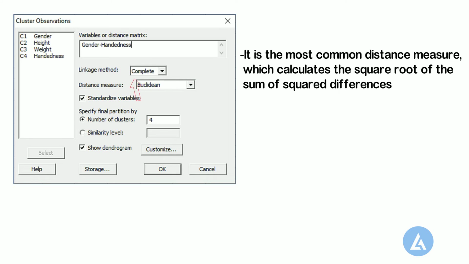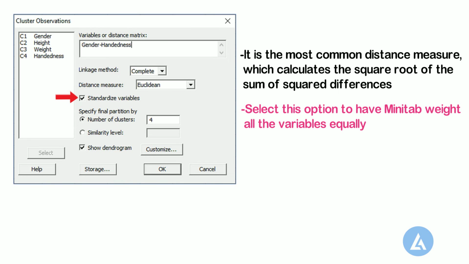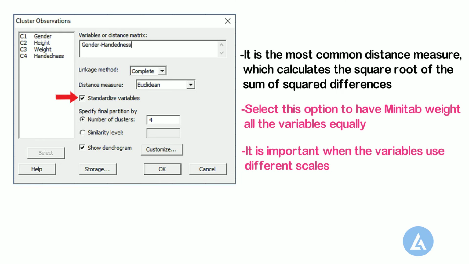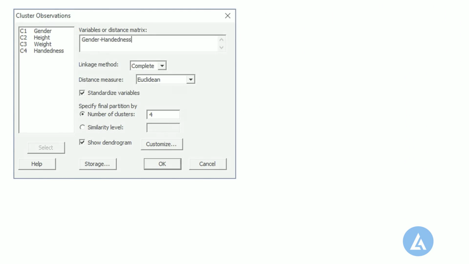6. Select standardized variables. Select standardized variables to have Minitab weight all the variables equally. Standardizing is good practice in most cases and is particularly important when the variables use different scales. 7. In specify final partition by, keep all the default settings as they are.